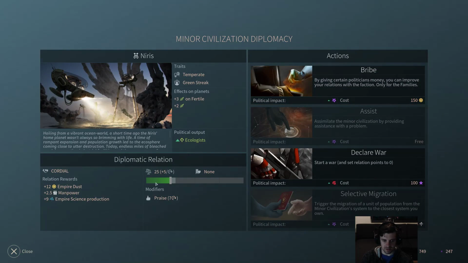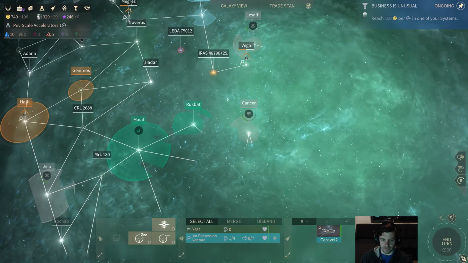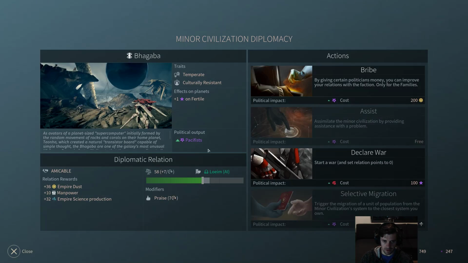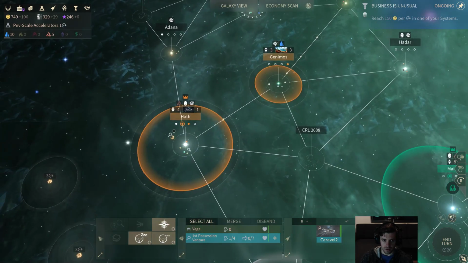So they're giving us a little bit of stuff. We're still on pretty good pace with them. Down here, we're above 50%. One more turn, this will get cheap again. And over here, yep, we're a couple turns away from being able to assist. So